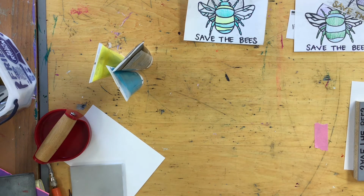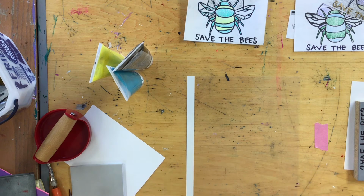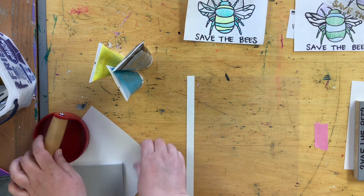Now we have to make a registration so that you can line up every layer correctly. You're going to need to get a transparency from me or Ms. Buckles. I don't believe there's enough for everybody to have their own. So we will figure this out. What you want to do